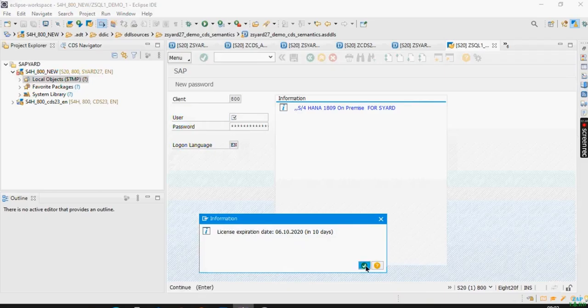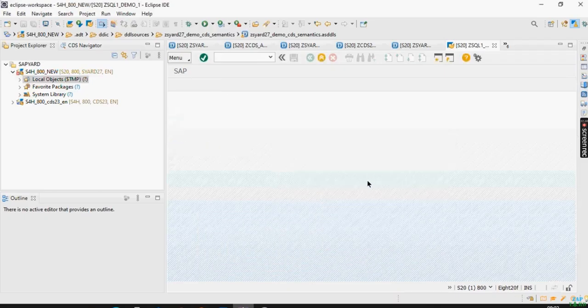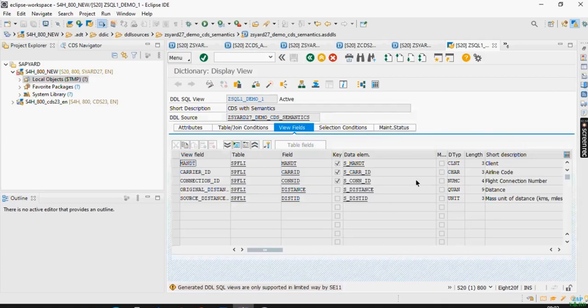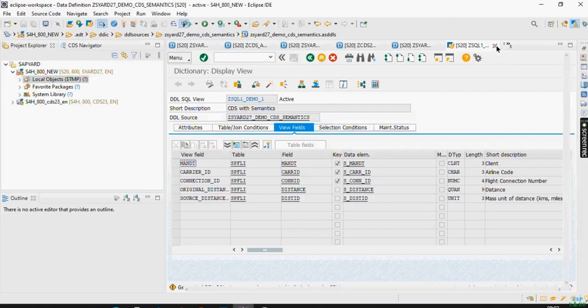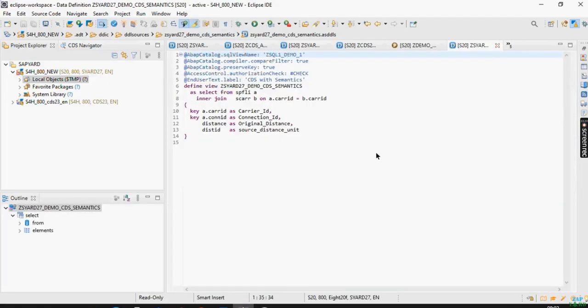If you are getting this message, please ignore this message. Okay. So now carrier ID, connection ID, because of @AbapCatalog.preserveKey, everything came in fine. Now, basically what I meant is, even if you don't give it, it will not show you any error. But,